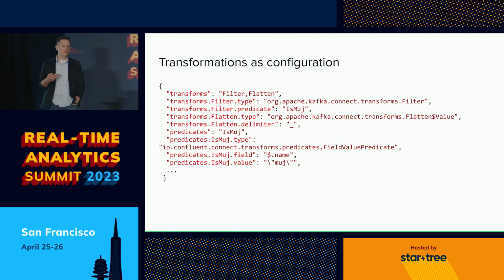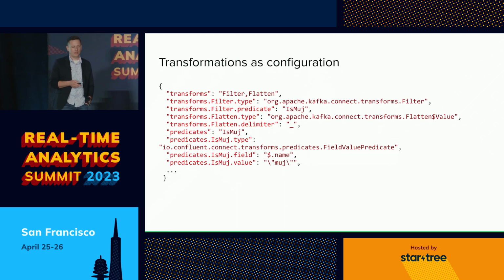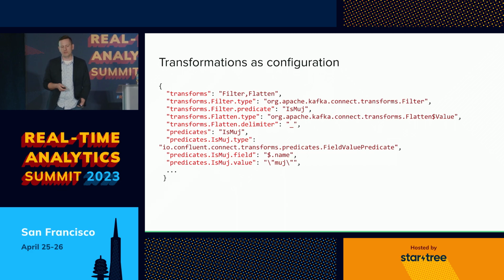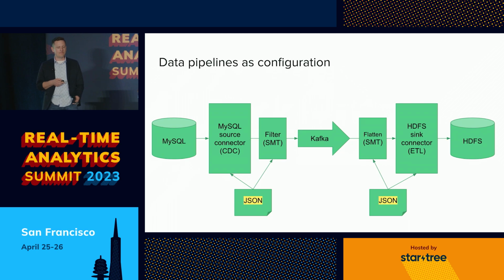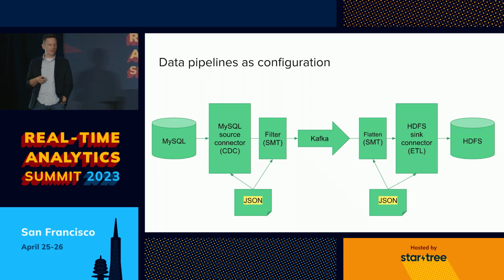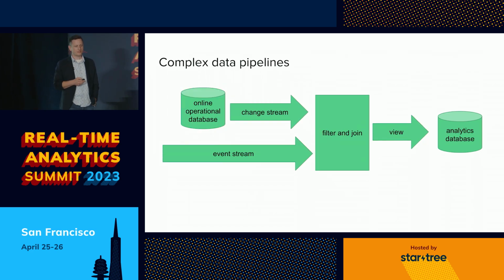So SMTs in Kafka Connect are also intrinsically declarative, right? If someone's already implemented the Java code to implement filter, you just have to configure it to point it at your data. So this means that the experience of using Kafka Connect to build data pipelines tends to be very configuration driven. You basically write some JSON for one side, maybe JSON for the other side. Maybe your job is just from MySQL to Kafka and someone else writes the next step. But it's basically writing configuration. So it's already pretty declarative.